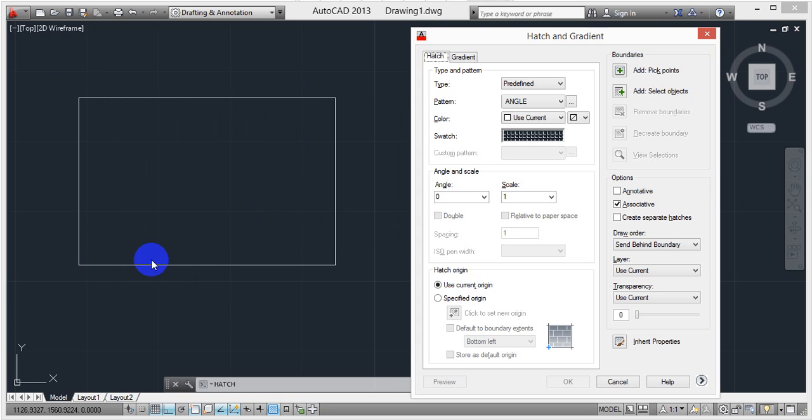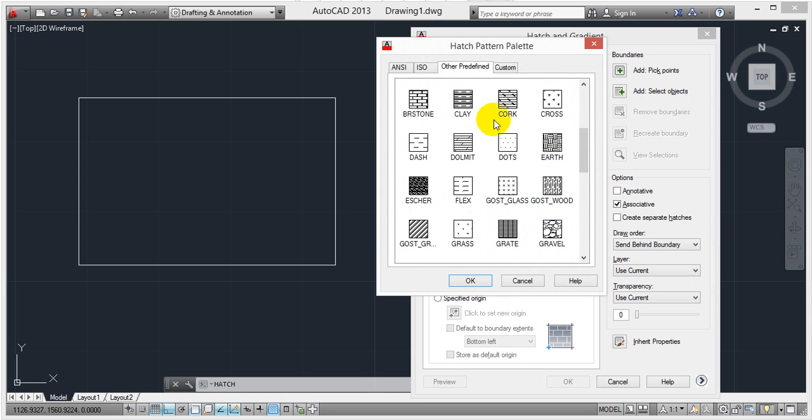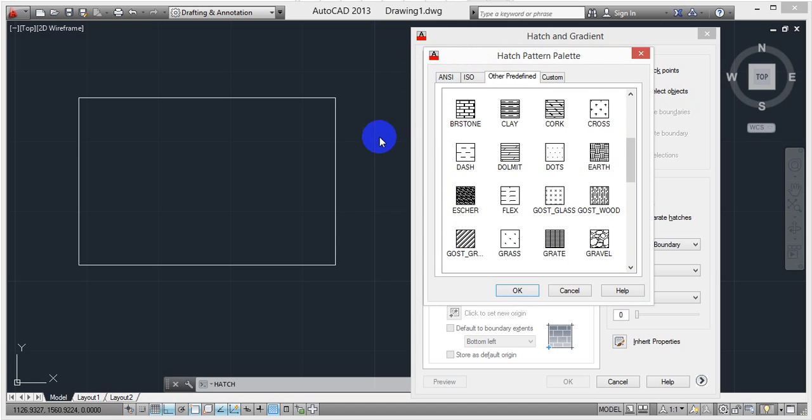So if you simply write that it is a grass, it is a home, it is not the exact way to represent the area. In that case, you can use a predefined pattern. So here you will see clay, cork, cross, earth, dots, dash, grass, gate, gravel. If you apply these things here, the other person will know exactly what it is. It shows only the area representing on it. So got it, why hatching is used?